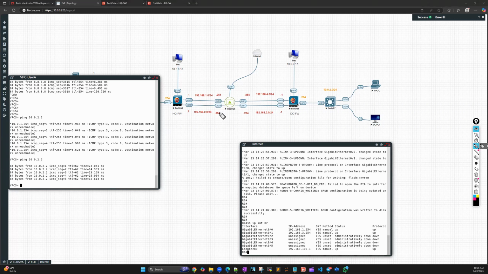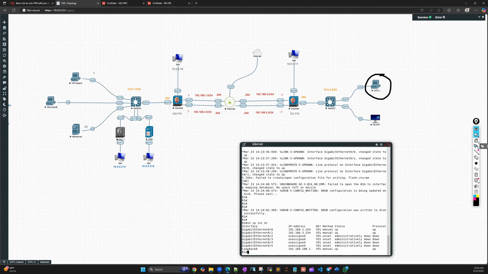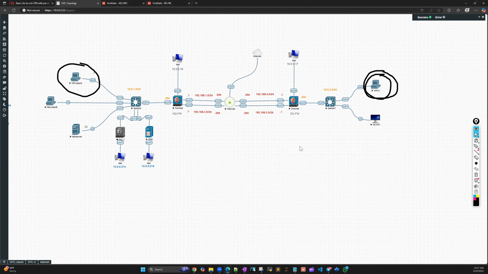If you see, before, when we tried to ping this device from our headquarters, it was not working, but after the tunnel came up, we could pass through the tunnel and we see the traffic is flowing. So let's try to capture this traffic. We capture it, we go to